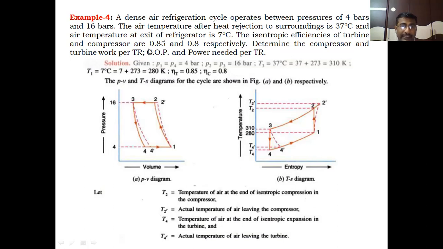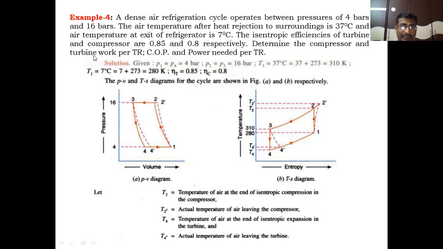than 100%. If the efficiencies of the compressor and expander were 100%, then we would consider the compression and expansion processes to be 1-2 and 3-4. But the given values are 0.85, 85% for the turbine and 80% for the compressor. That's why we are considering the actual process. This is the actual cycle. 1-2', 3-4' is the actual Bell-Coleman cycle, and 1-2-3-4-1 is the ideal Bell-Coleman cycle without considering the efficiency of the turbine and compressor. Clear, students? This problem is related to the actual cycle.